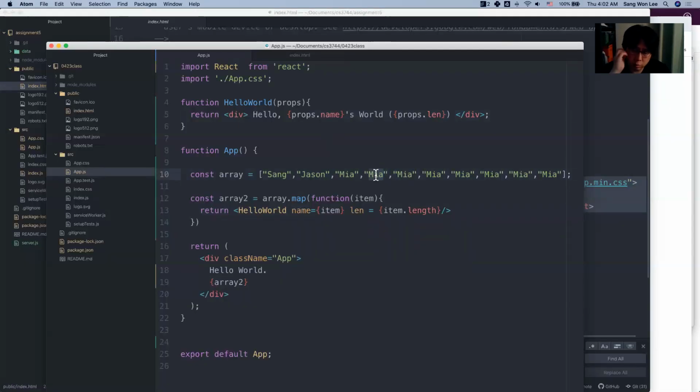Yeah, so this could be useful to generate tags once you fetch data, and the data is an array, and when you want to generate multiple elements based on the array, this could be useful. And then of course this could be complicated, right? Like, so let's say instead of this,